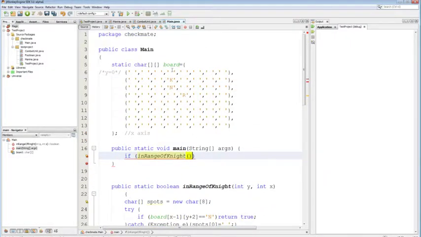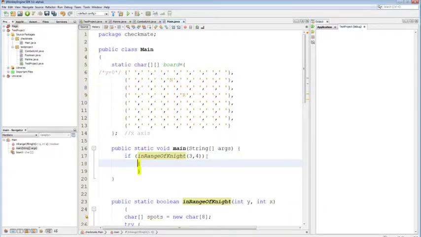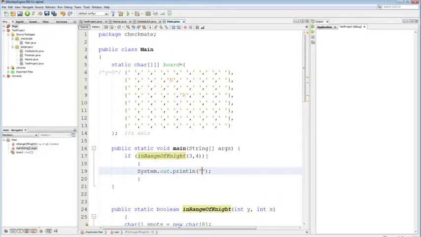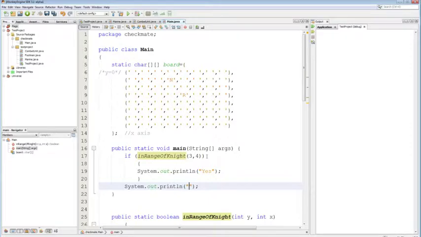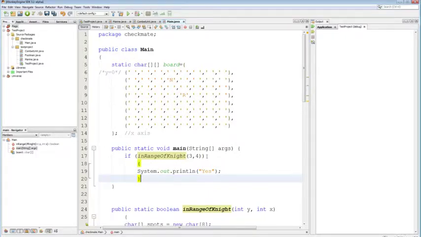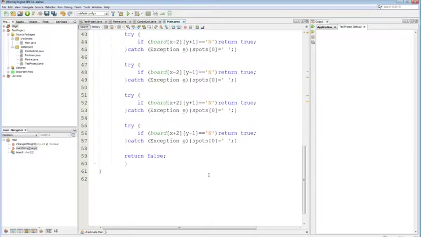So what did I say? This was y equals 3 and x equals 4. Is that what I said? Oh, the knight is in the wrong spot. I want to test that spot. So this method should check if our rook is in danger of being eaten by this knight. I should put that inside an else. Actually, I'm just going to get rid of it. So if I have coded this properly,